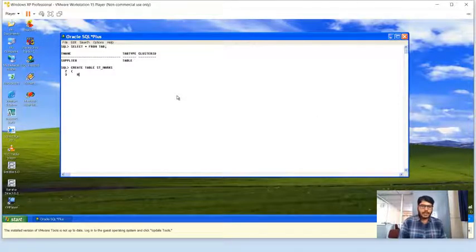Let me enter roll as a column name, number as a data type, 3 as a size, and let me specify the primary key constraint for roll number. Put a comma because I want to define a student name, sname, varchar. Let me specify size as 30, and student name should be not null because a student must have a name.